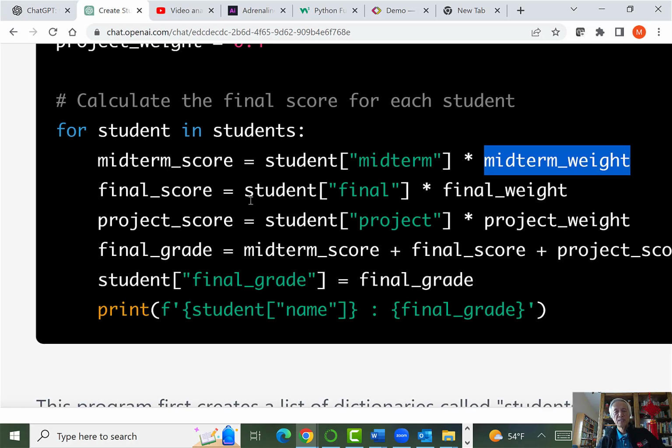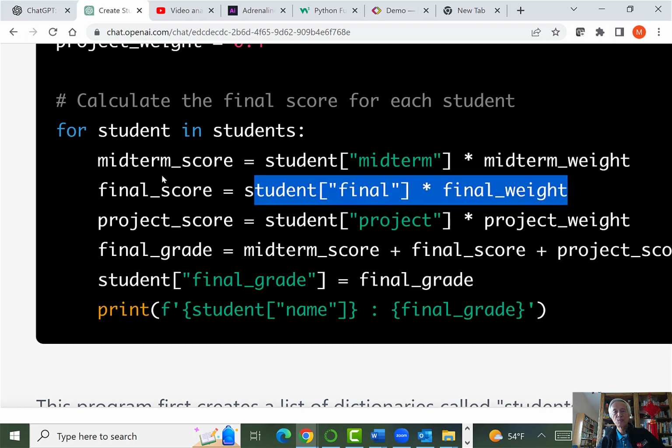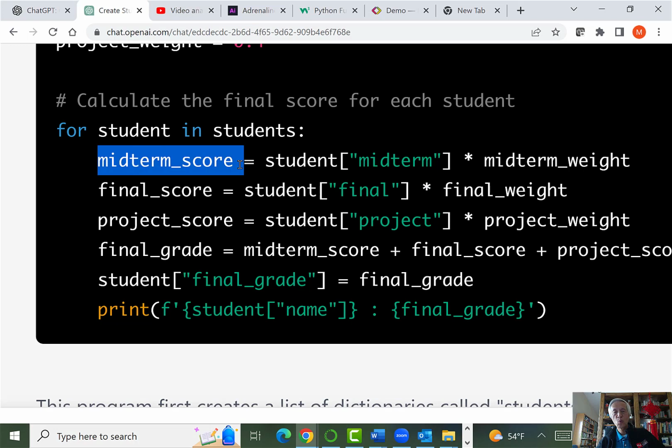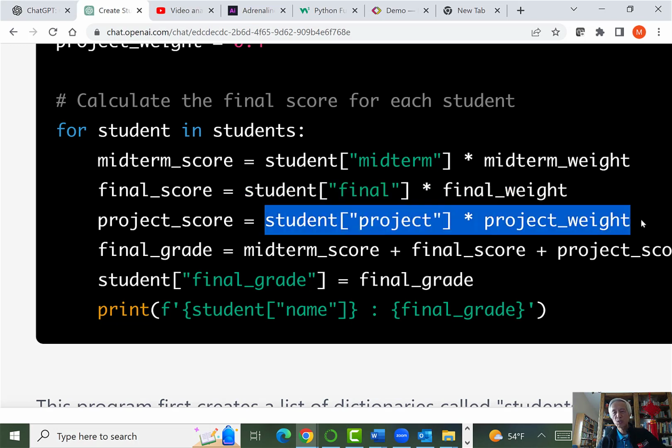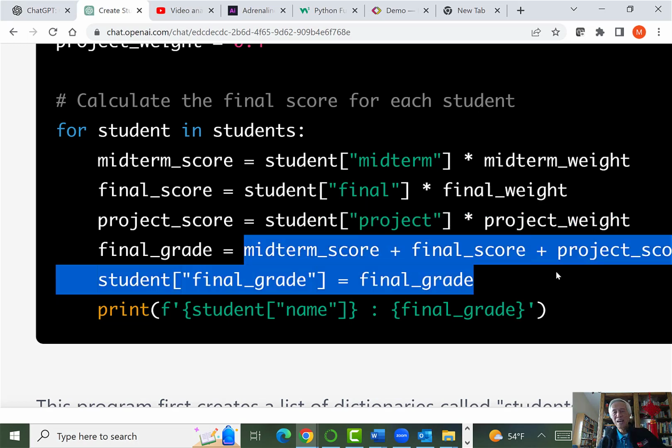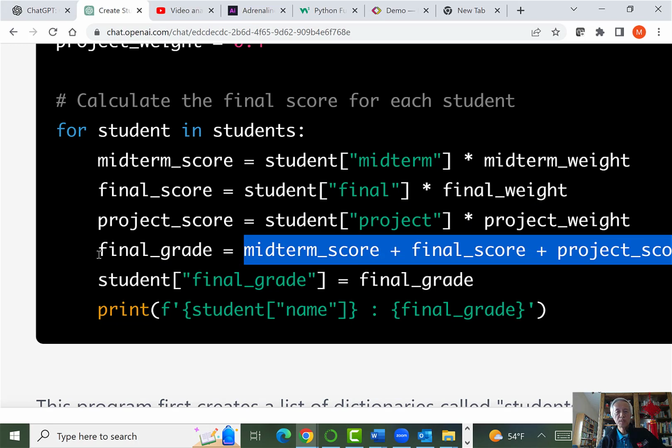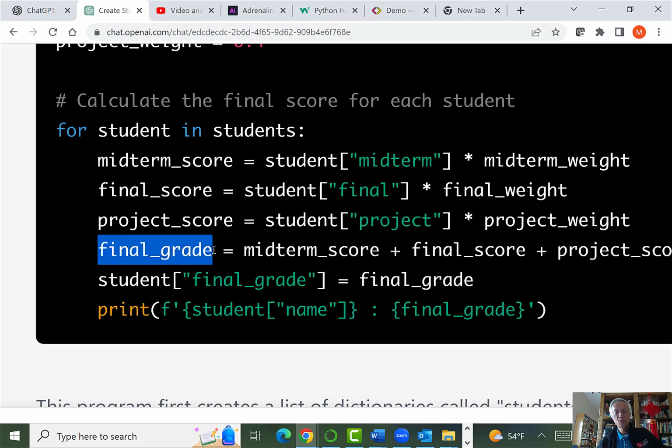Okay, and then we calculate. So that would be the midterm score. I guess we should call it a weighted midterm score, and this will be a weighted final exam score. This will be the weighted project score because we multiply by the weight. Then we add it all up. That will be the final grade up to 100 points. In this case,